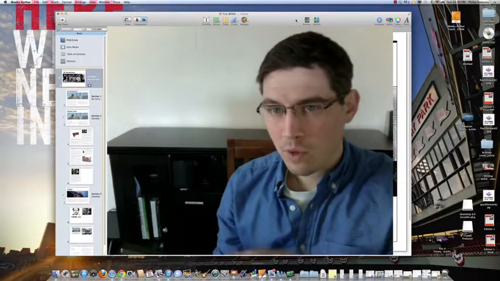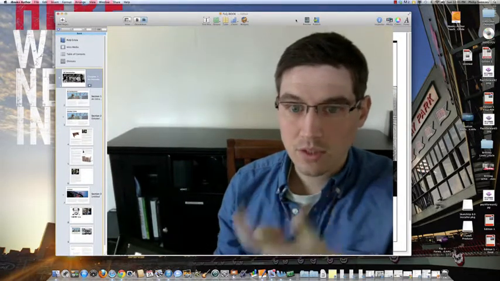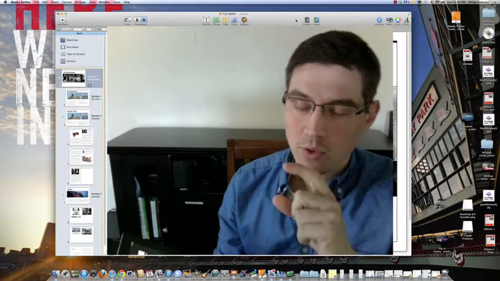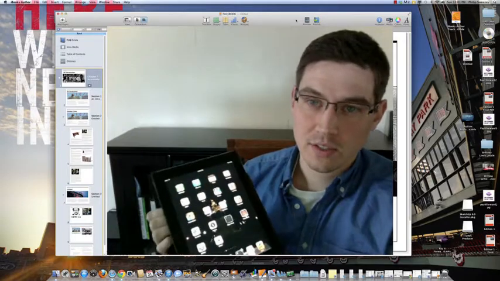Okay, now I'm going to walk through the preview function in iBooks Author. This allows you to take a real-time look at what your book is going to look like on the iPad. The only thing you have to do before you get started is actually close all other applications that you have